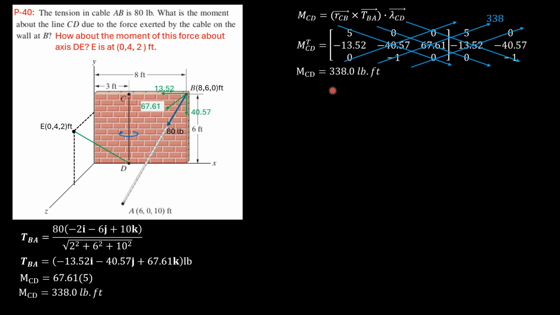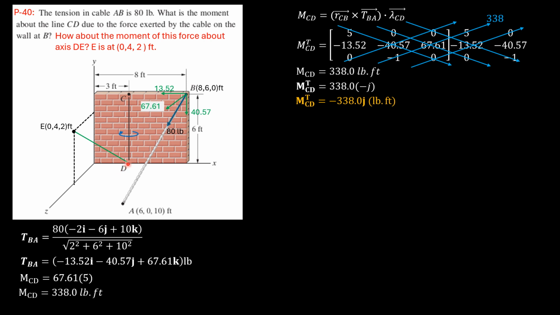But when we express this in vector form, we multiply this by the unit axis vector, which is negative 1J. So MCD vector of the tension force is magnitude 338 times negative J. That's why it is negative. Because if you follow the right thumb rule and this is the Y direction CD, the moment of this is indeed in that direction, so that's why it's negative in vector form. So that's the answer in vector form.